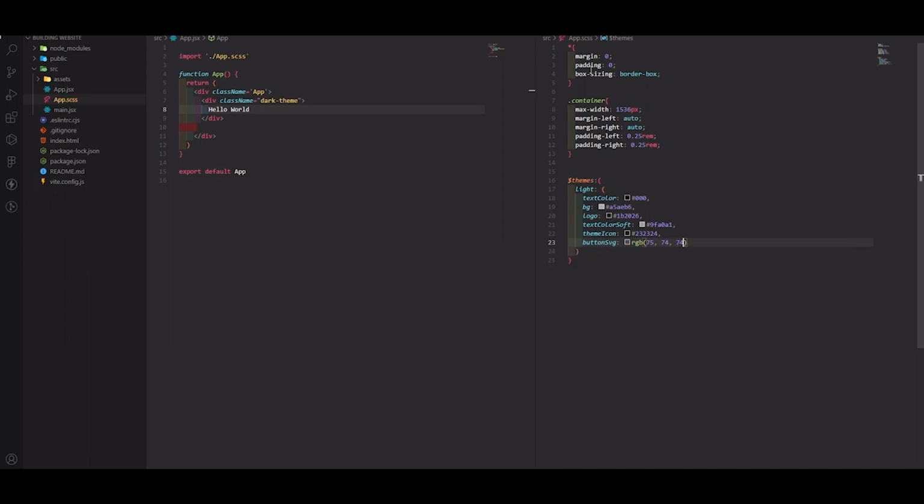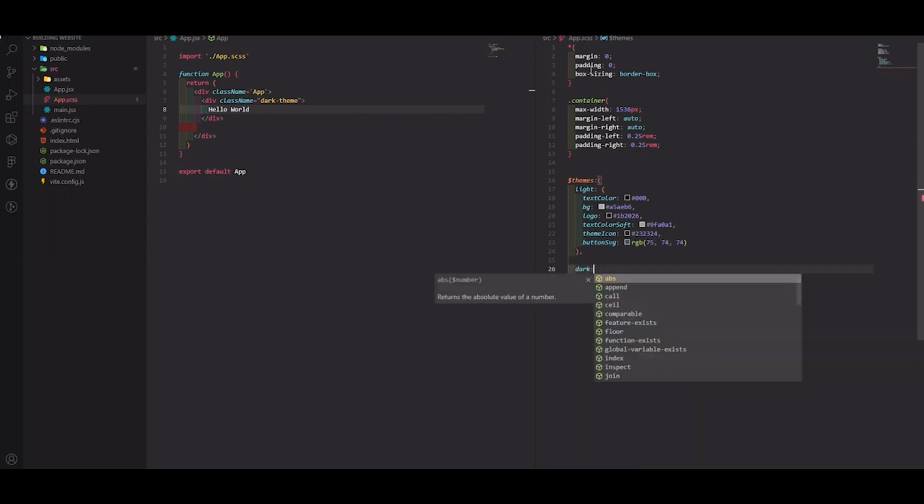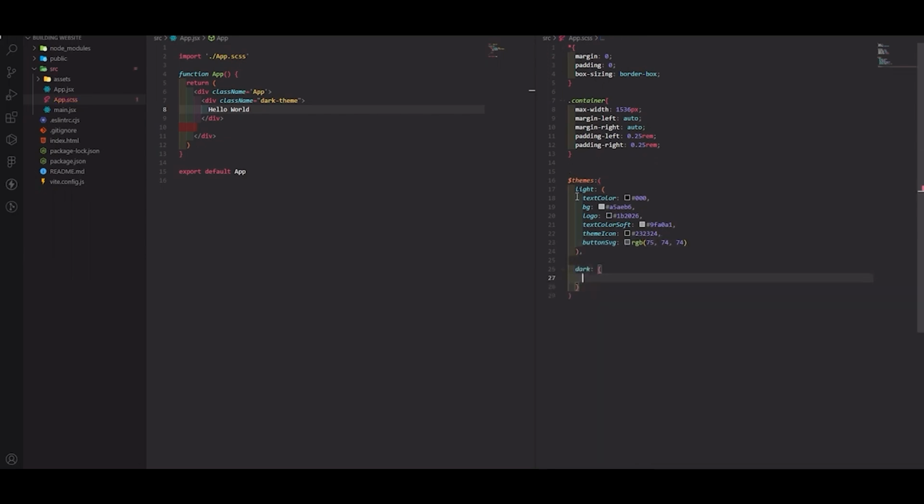That is for the light mode, and for the dark mode, write dark here and just copy all these,